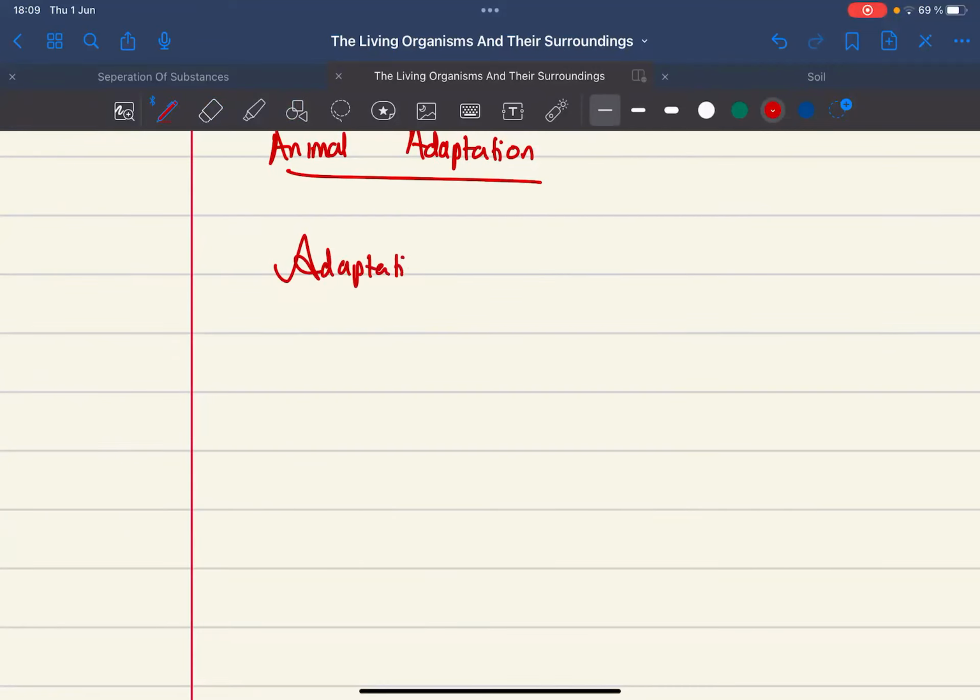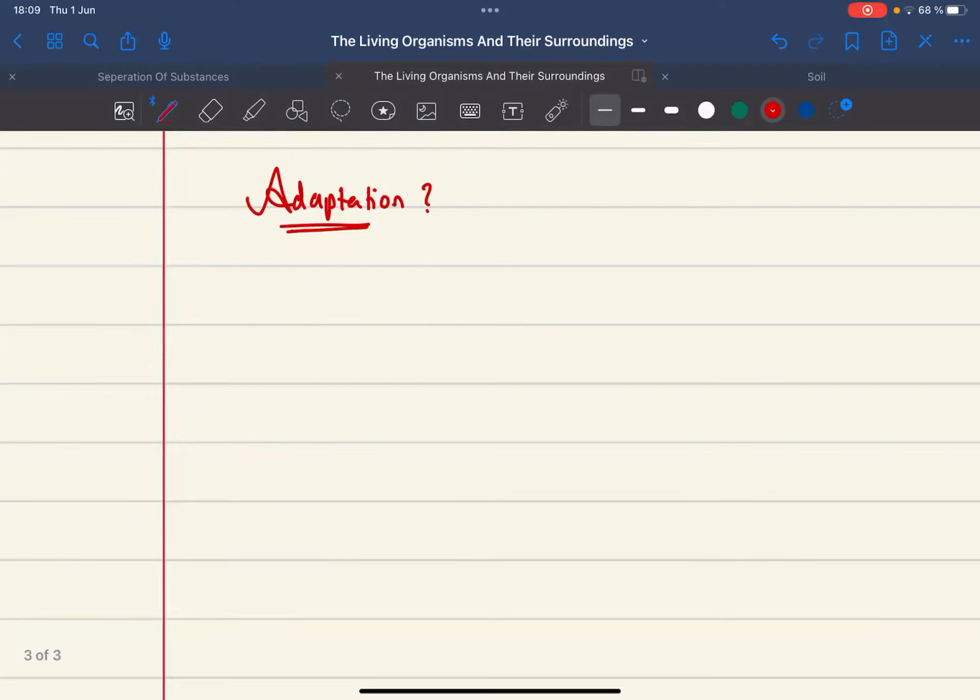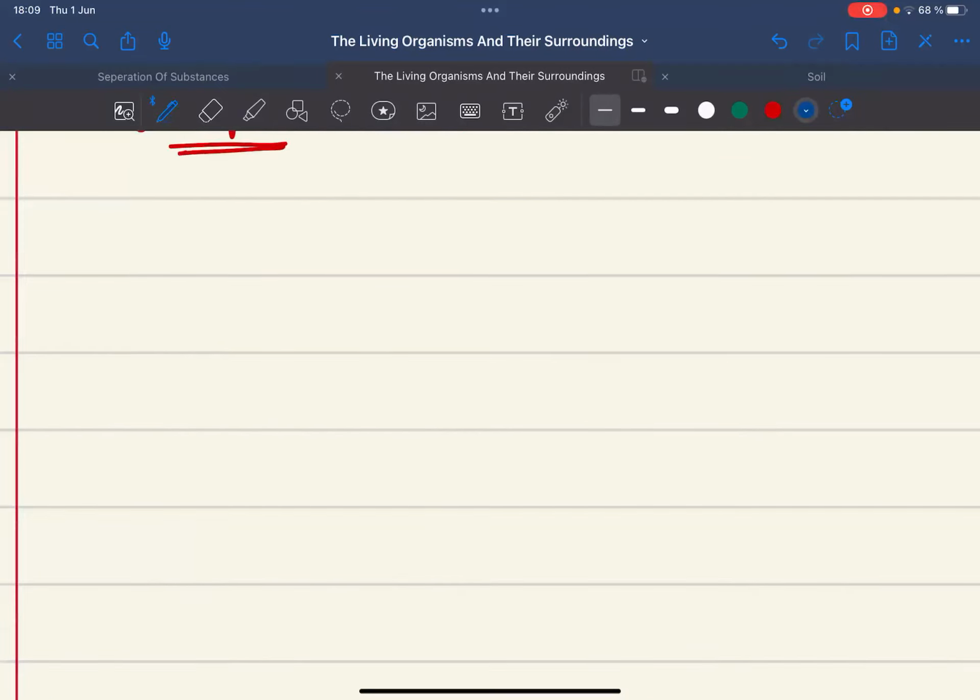Ma'am, the process of animals getting suited to its environment. Exactly. So basically, the ability of the animal to get habituated or to get along with the environment around them. They're getting used to the environment around them, so that they can easily adapt to it. Right. So the presence of specific features or certain habits which enable a plant or an animal to live in its surrounding is called adaptation. So this proper definition is